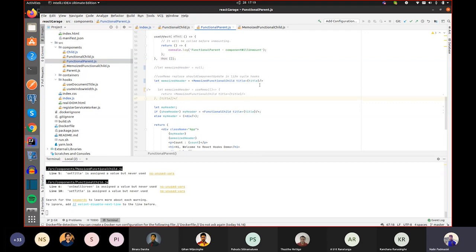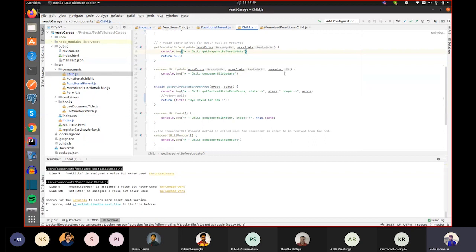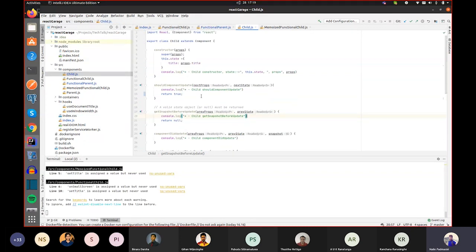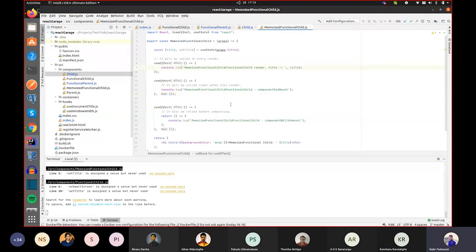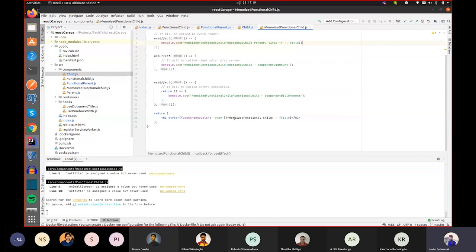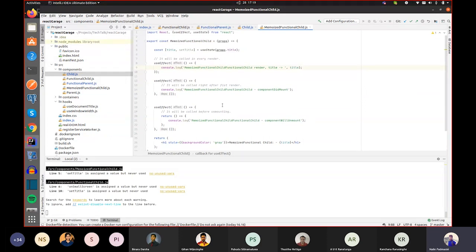This is actually what shouldComponentUpdate does in the class-based child component, where I used true and false to stop the next steps. These are a few simple things I could show you: most of the class-based lifecycle methods have been replaced using React hooks.